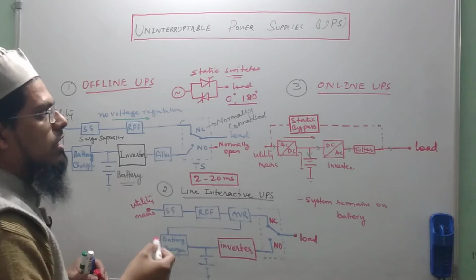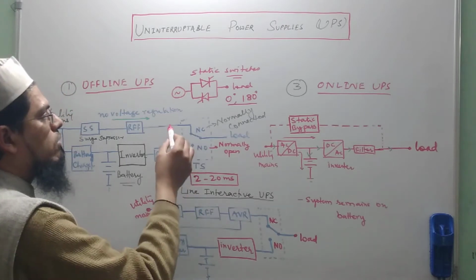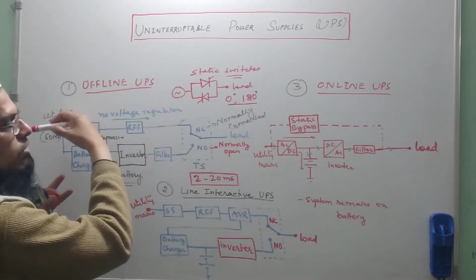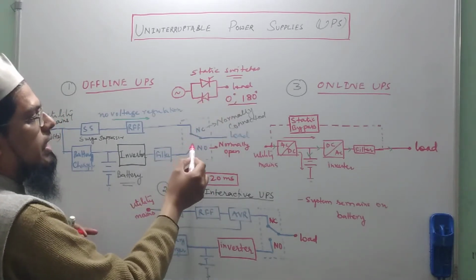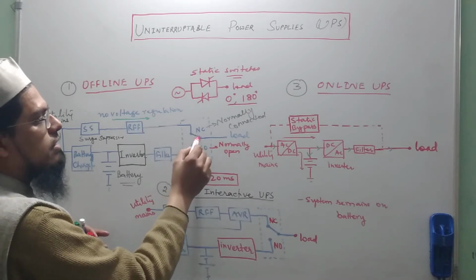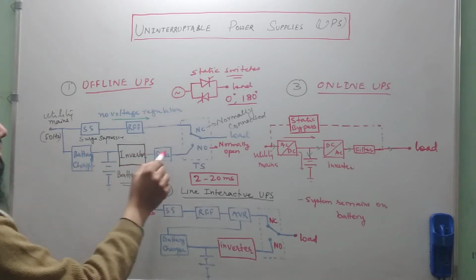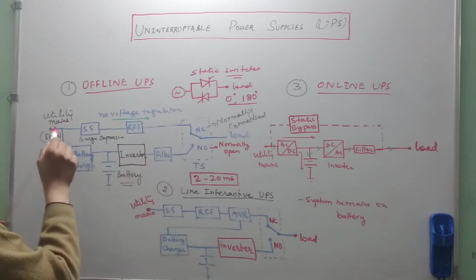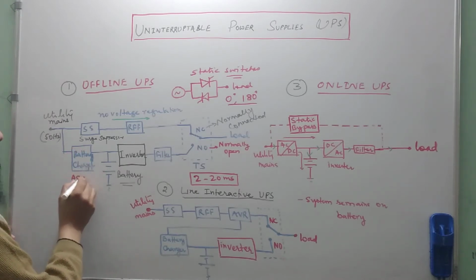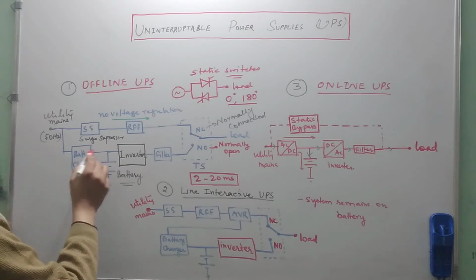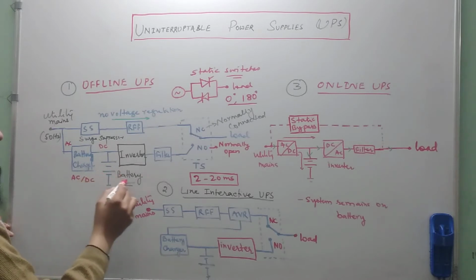That is automatically controlled. Whenever the utility mains supply goes off, the static switch in the lower part takes over and gets connected to the load. Now just see what is happening in this line. The utility mains is given to the battery charger. It is nothing but an AC to DC converter, which converts the AC supply to DC, and that is used to charge the battery.